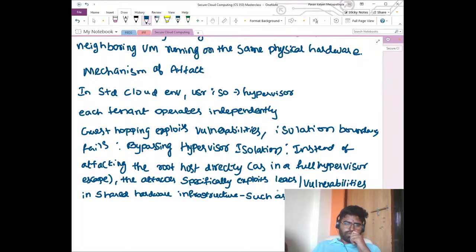The attacker specifically exploits leaks or vulnerabilities in shared hardware infrastructure, such as